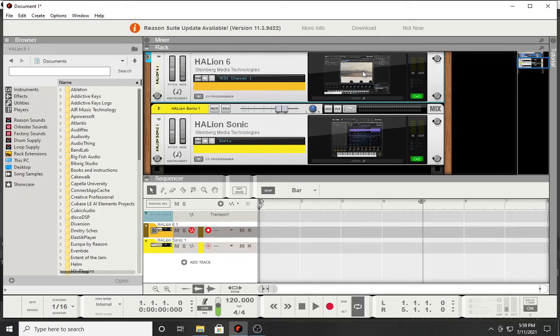If you own Contact and you're curious about Halion, they have a cross-grade price that they allow. And usually if you catch them on sale, like in the beginning of the year, Halion or a bunch of their other plugins that Steinberg has, sometimes around the beginning of the year, they'll have a special sale. And so you can get that stuff at a reduced price. And if you have something like Omnisphere or Contact already, they'll give you an additional discount. So yeah,